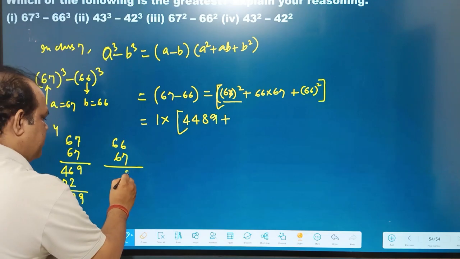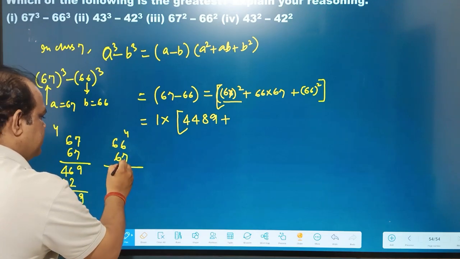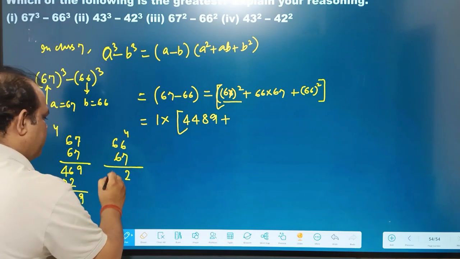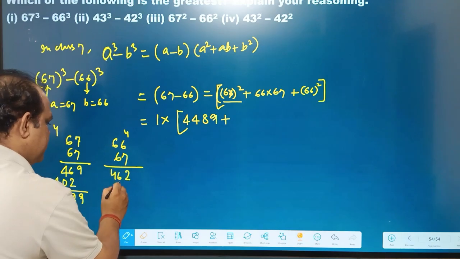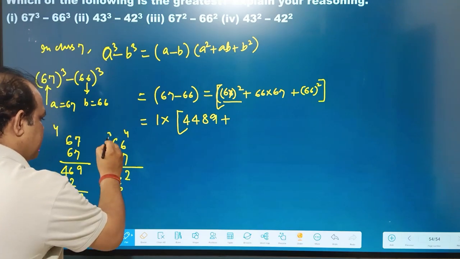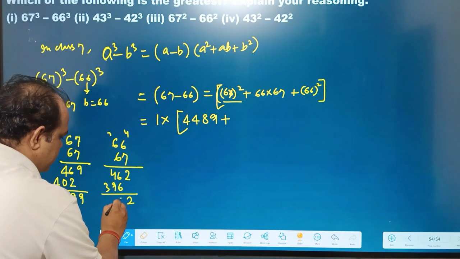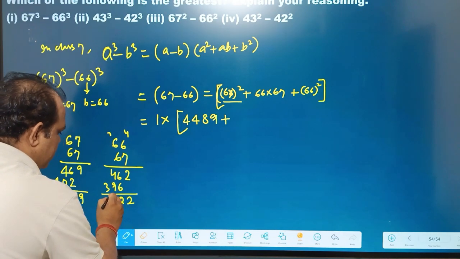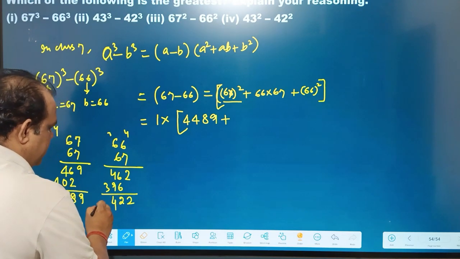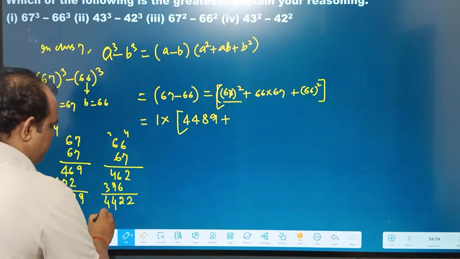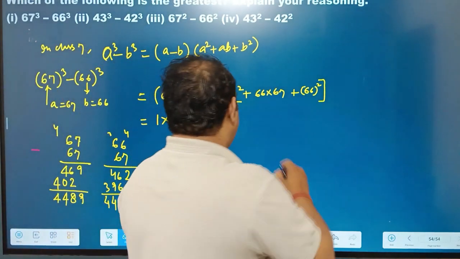7 6s are 42, balance 4. 7 6s are 42 and 4, 46. Then 6 6s are 36, balance 3. 6 6s are 36 and 3, 39. This would be 2. 6 6s are 12, balance 1. 9 4s are 13, 1, 14, balance 1. 3 1 4. 4422, right? This would be